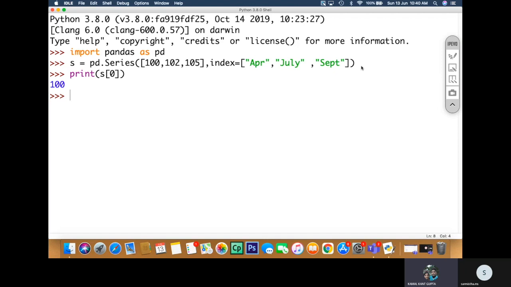So here it is, what I have told you. Listen, I told you that even if you are labeling the indexes, there are two types of indexes: positional indexes and labeled index. Even if you have labeled index, as is available in this code, April, July and September, you can still use their default indexes as 0, 1, 2, 3, because they are sitting behind.